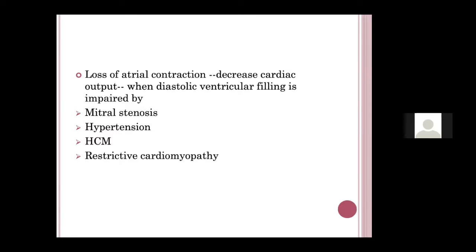Now, in a patient with no structural heart disease, the loss of atrial contraction may not have much effect, although it does decrease the cardiac output for sure. But in a patient whose left ventricle is not good, like a patient with severe LV dysfunction, mitral stenosis, aortic stenosis, severe hypertrophic cardiomyopathy or restrictive cardiomyopathy, the ventricular compliance is already poor. So if the atrial contraction is also gone, the patient will have very low cardiac output and will go into pulmonary edema. So this is one important thing.